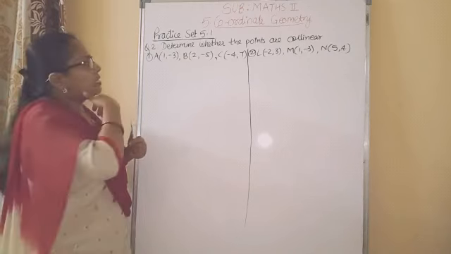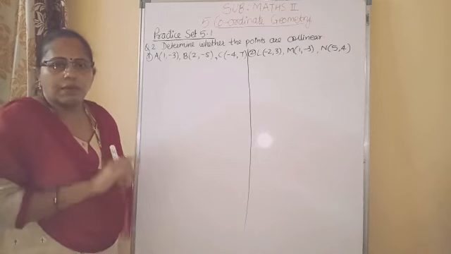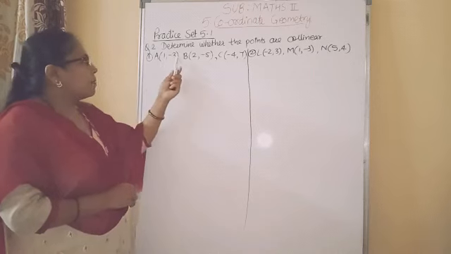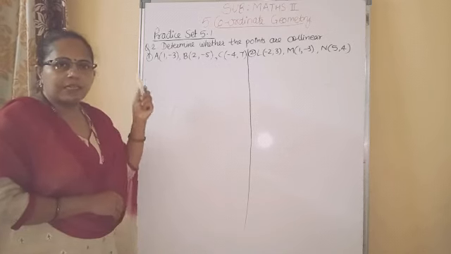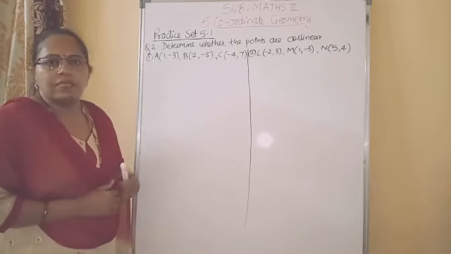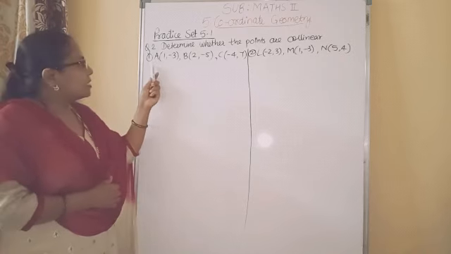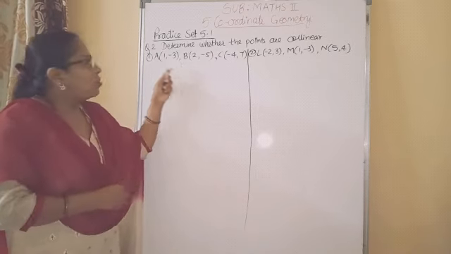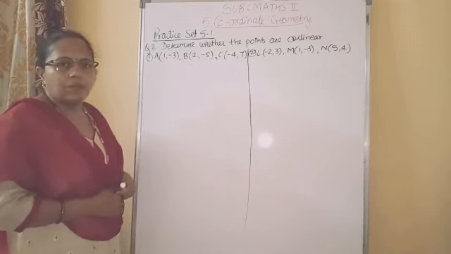Now, the question is in reverse order. Coordinates are given and we have to decide whether they are collinear or not. Means we have to first identify whether they have the relation that AB plus BC is equal to AC. If this relation is present here, then we can say that the points are collinear. And to find out this relation, first we have to find out the distance between these points. The distance between two points is also considered as the length of the segment joining these points. Okay. So using the distance formula we can find the distance.